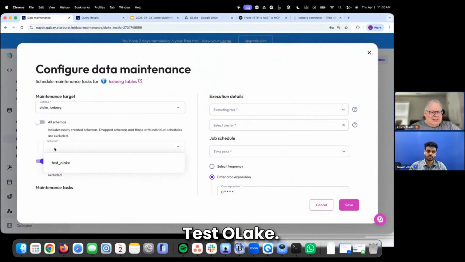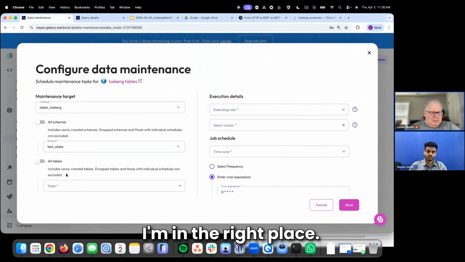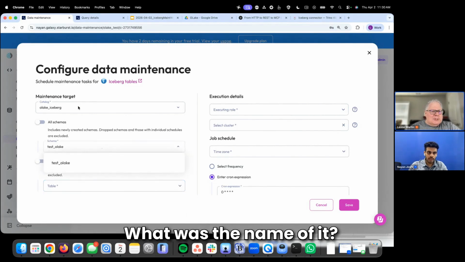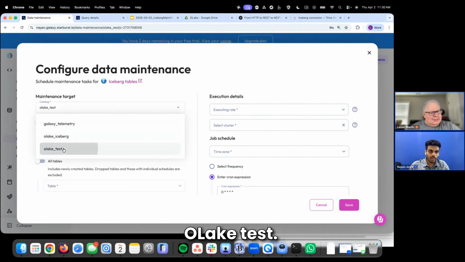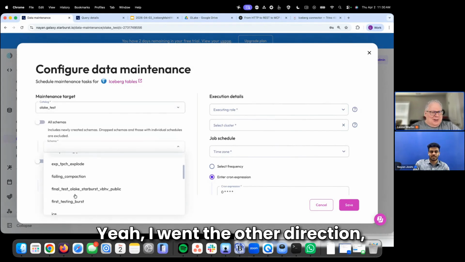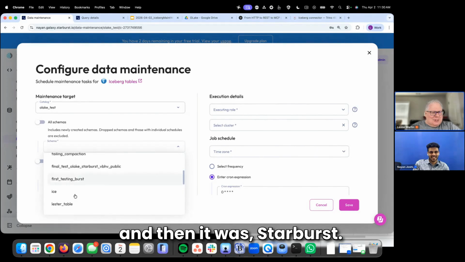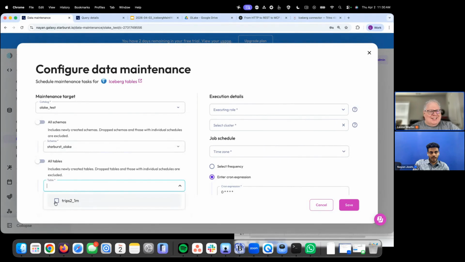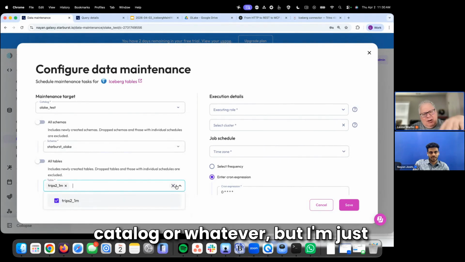I think that's what we called it, test OLake, and then just to make sure I'm in the right place. Oh, nope, it's not test OLake. What was the name of it? OLake test, yes. I went the other direction, and then it was Starburst, OLake. Hopefully that'll find the table. There it is. So you can set this up in a whole catalog or whatever, but I'm just going to